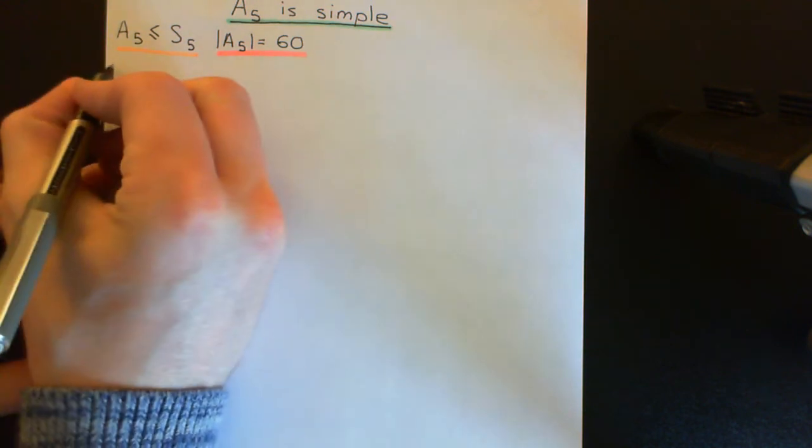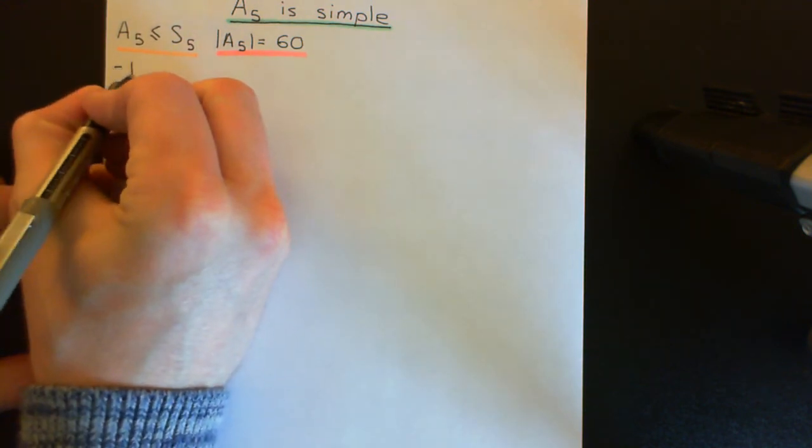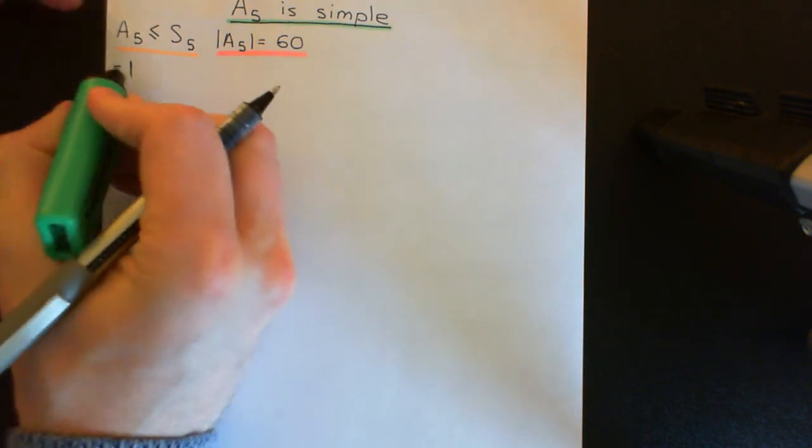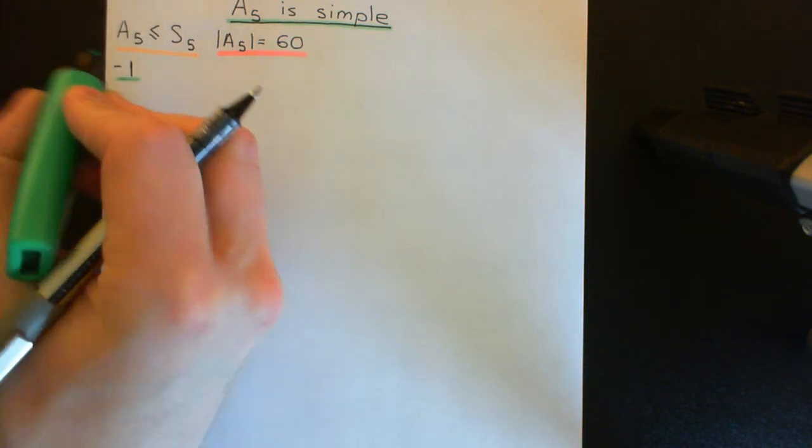So the first one is the identity element, which I will just denote 1 here. So that's always an even permutation. You can build it out of 0 transpositions, and 0 is an even number. Another explanation as to why it's an even permutation is that if you were to construct its sign, of course what you'd construct is the polynomial delta 5, as we explain in the video on the alternating